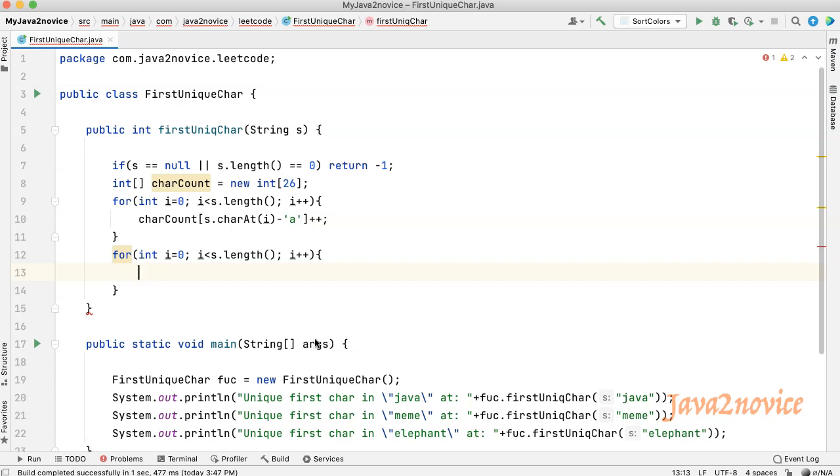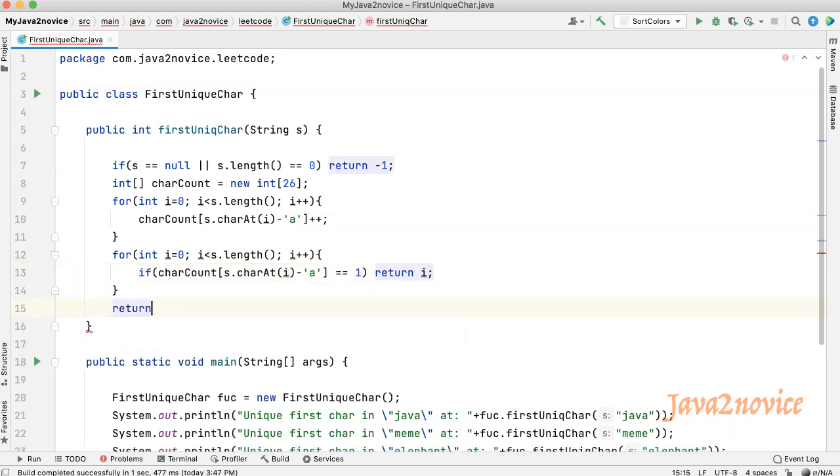We will check each count value. We will return its index if the count is equal to 1. In case no count of 1 exists, then the string does not have any unique characters. Let's return -1 in such cases.